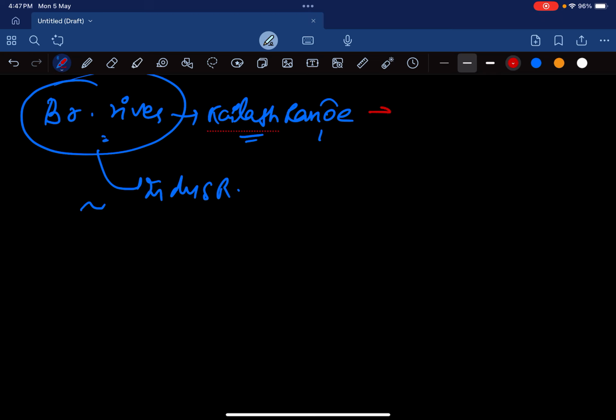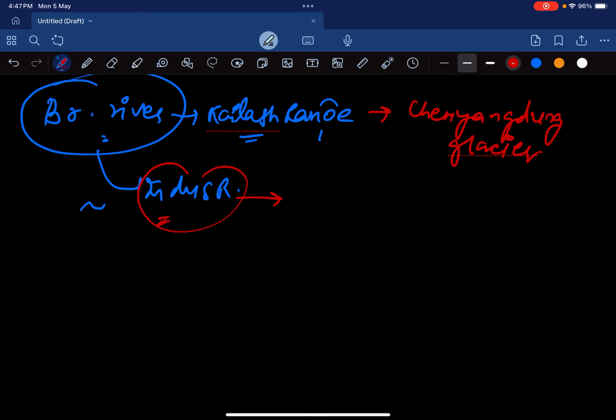For instance, Kailash range में Brahmaputra river is from the Cheam glacier, right? While for the Indus river, it is the Bokhar Chu glacier,